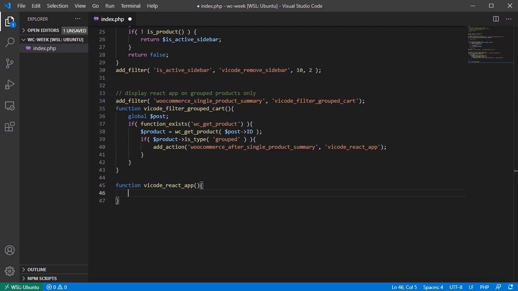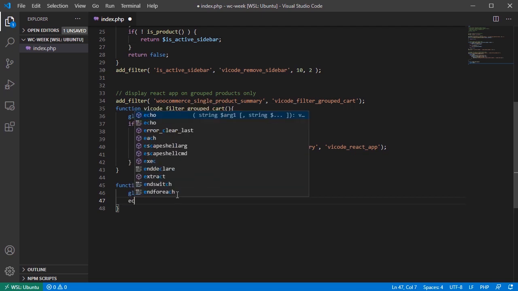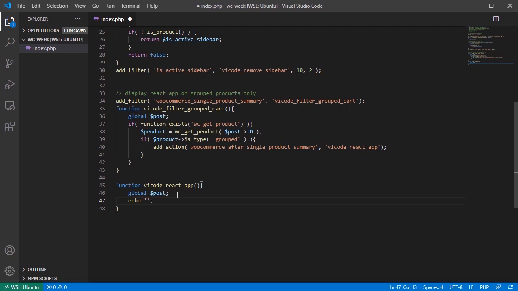like this. And this function, basically here I'm gonna grab the global post data, and then here I'm gonna have an assets media URL. I'm gonna do that later, but I'm gonna have an echo, though I don't want to confuse you too much, guys. Okay, echo, and here I'm gonna have a style